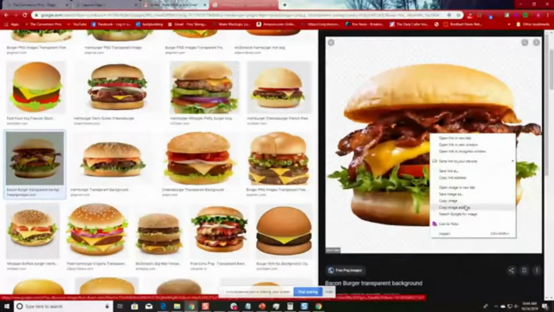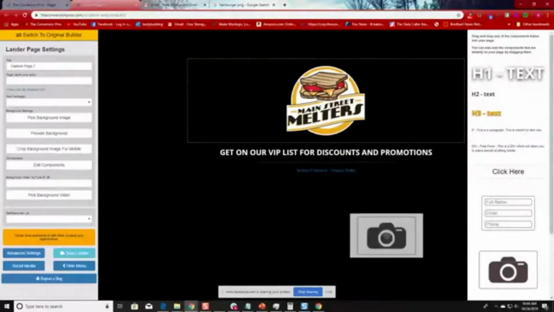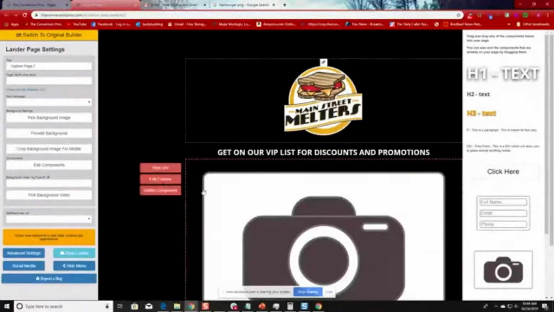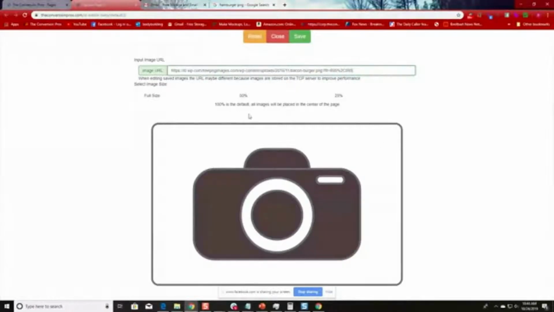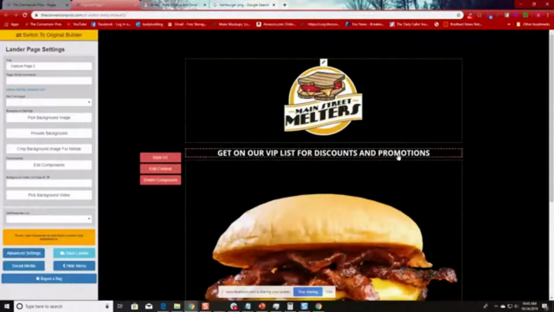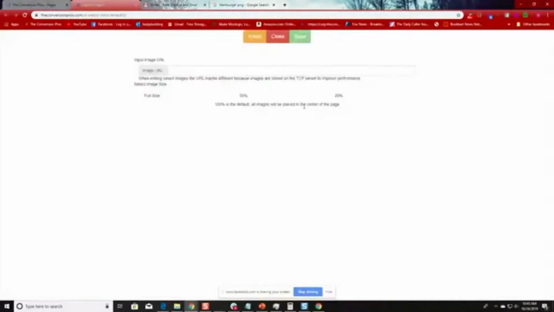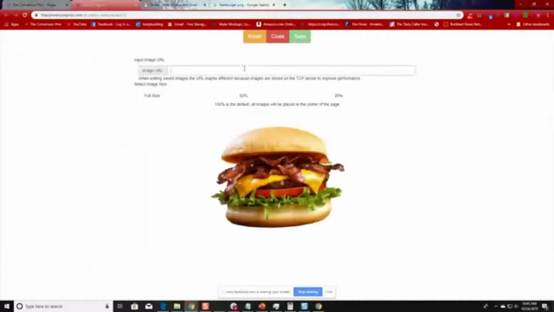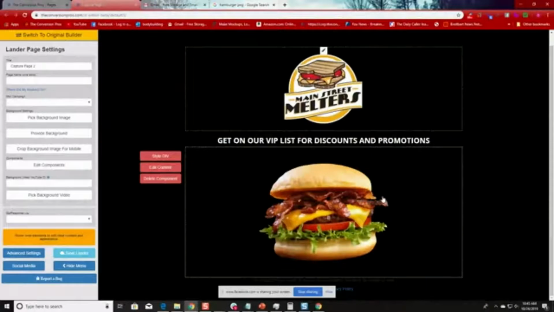Let's see if this works. Again, you want to check on copyright, whether you can use the images or not. This is just a training. Okay, I mean, that looks awesome, but now that's a little bit too big. So we're going to go back and do 50% on that, hit save. There we go. And then we're going to say,